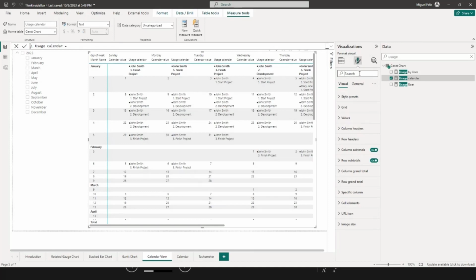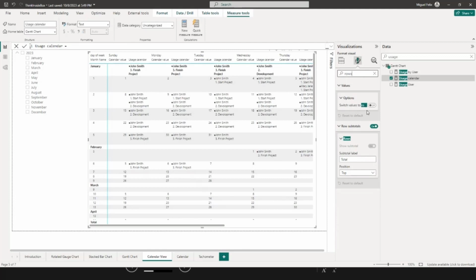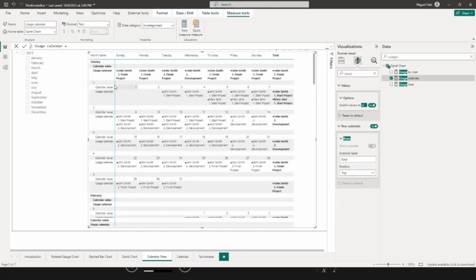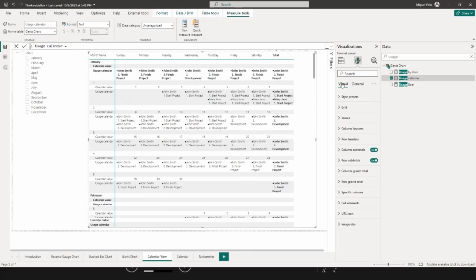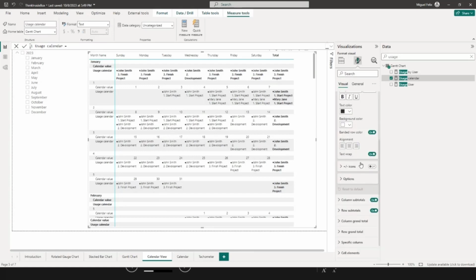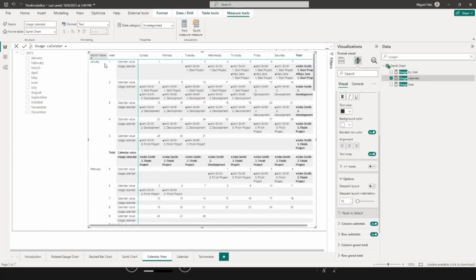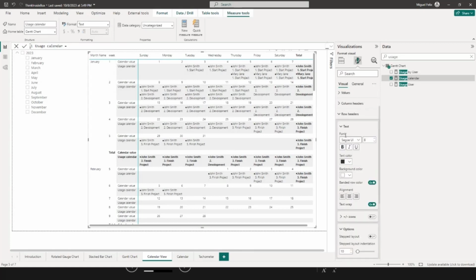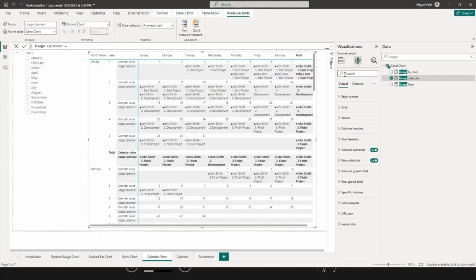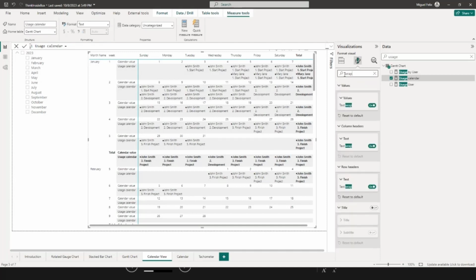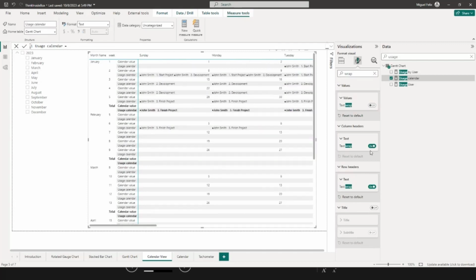So let's start by one thing that we need, which is to show the values on rows. Let's turn this on. If we do this, this is already looking a little bit easier on the eyes. And let's go to the rows options also, and let's over here turn off the step indentations. This will allow us to have over here the January and the week. Okay, let's also search for the word wrap, because we need to change some things, and let's take out the word wrap on all of them. Okay, and now we can start